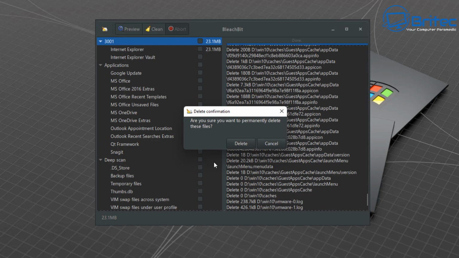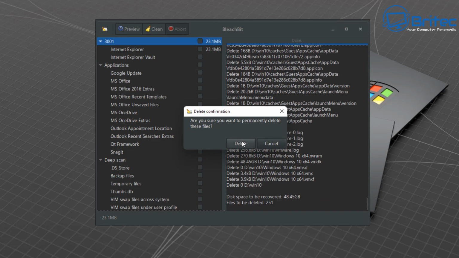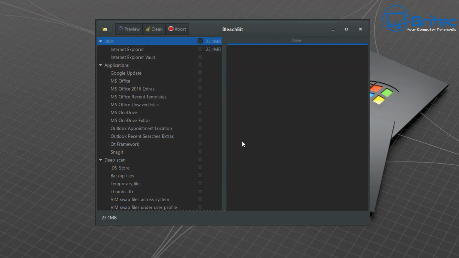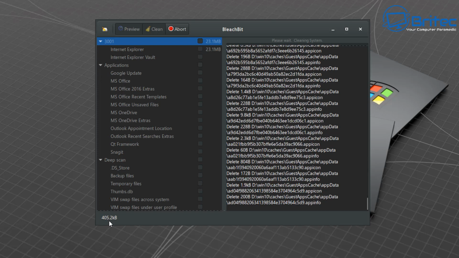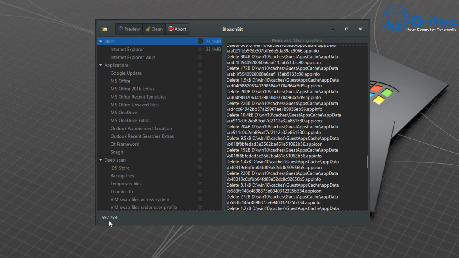Now, this is quite a large folder, and I just wanted to show you this because this does take a bit of time. So you can see here, do you want to permanently erase this folder? So I'm going to say yes. It will go ahead and then just freeze. This is not frozen. This is actually removing and shredding that folder, and it's doing overwrites to delete that folder permanently. Now you may see it just frozen here, so you have to be patient and let it do its thing in the background. This is quite an aggressive deletion, so bear that in mind